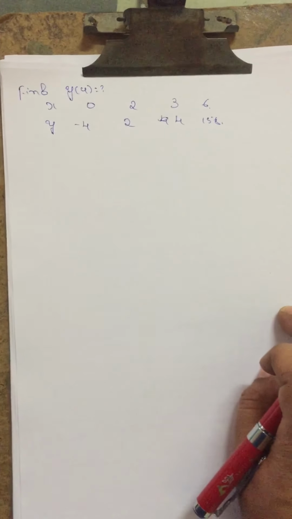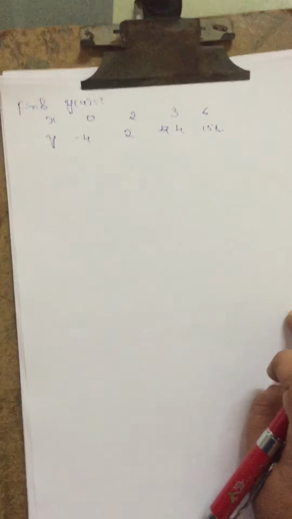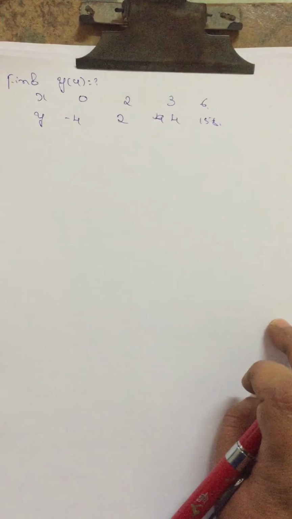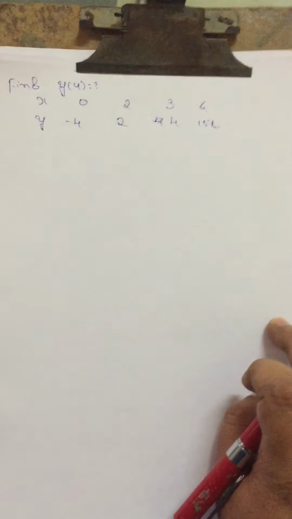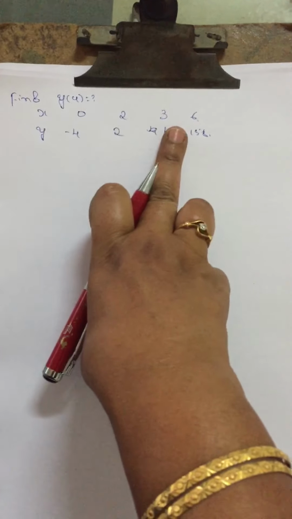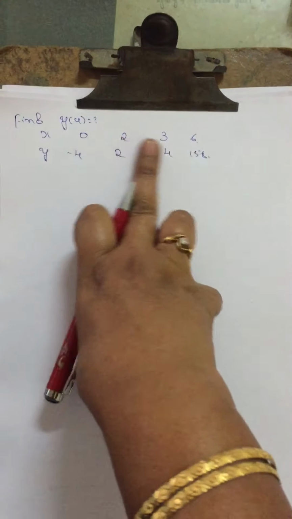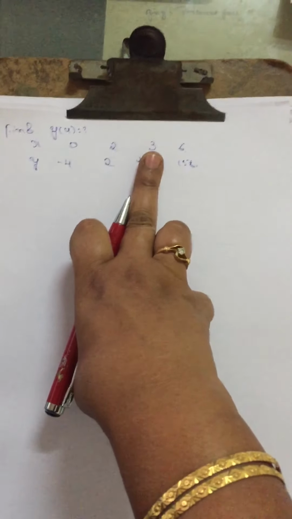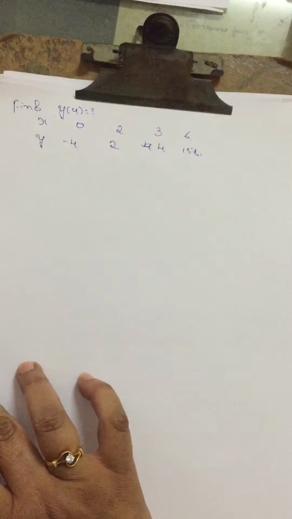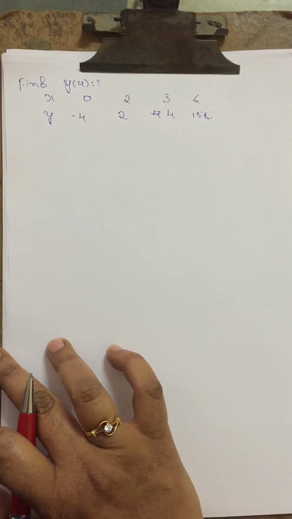Dear students, today in this video I solve problems on Lagrange interpolation formula. One thing here: there is no rule about whether your x values are equally or unequally distributed. For example, if the x values are equally distributed, meaning the difference between the x values is the same, then we use Newton forward or backward interpolation formula. If the x values are unequally distributed, then we use Newton general interpolation formula or Newton divided difference formula. But here in this case there is no such rule.